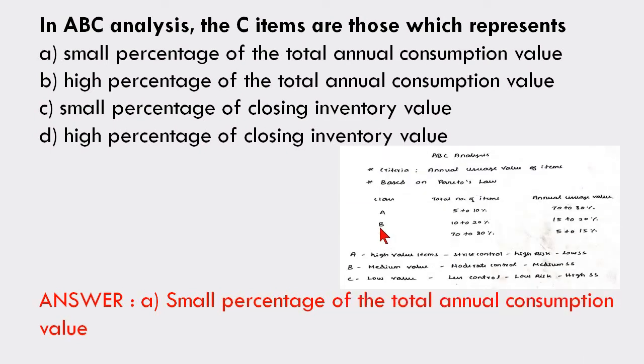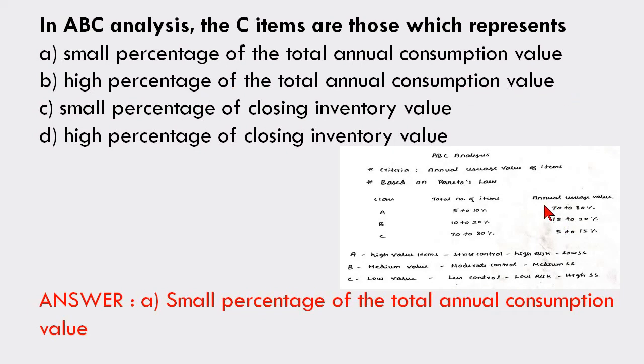So this one is very important, the C class item. A class item is the annual usage value is high. If we take C class item, the annual usage value is what? Less percentage. So as per our question, the C class item, so small percentage of total annual consumption value. If they may ask the A class items, you have to choose high percentage of total annual consumption